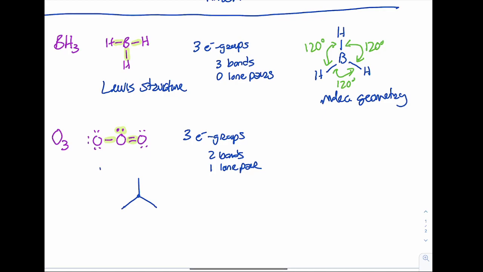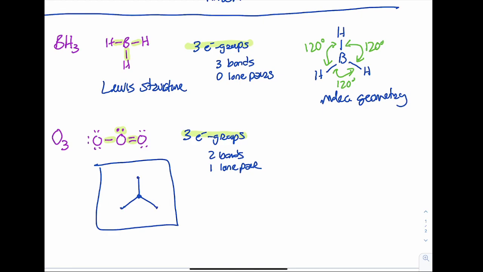So my electron domain geometry, we could say, for all of my 3 electron groups are going to have this basic shape. And you have to have atoms there. I'm just leaving it generic. Like it could be a boron in the middle and 3 hydrogen on the outside. I could do a carbon in the middle, a double bond to an oxygen, a single bond to 2 other oxygens, whatever it happens to be. But there's going to be an atom in the middle, and then there's going to be atoms or lone pairs